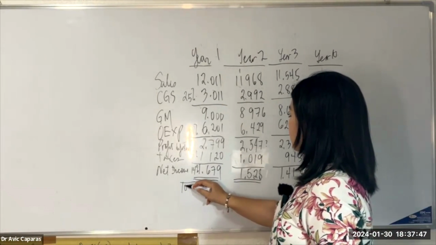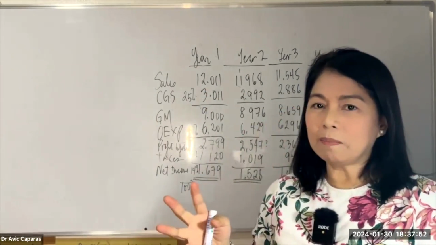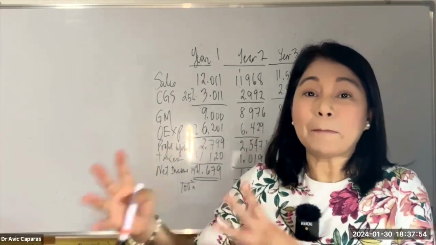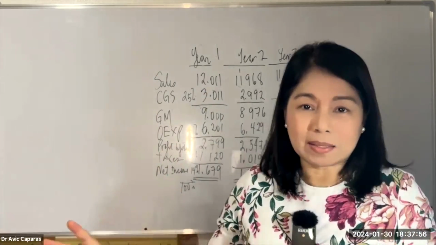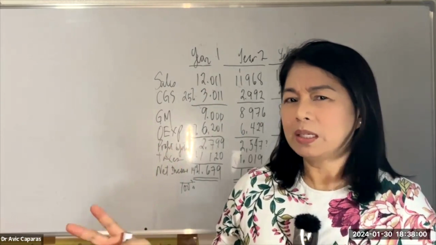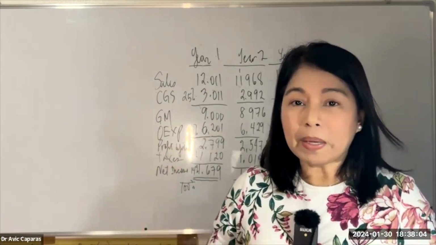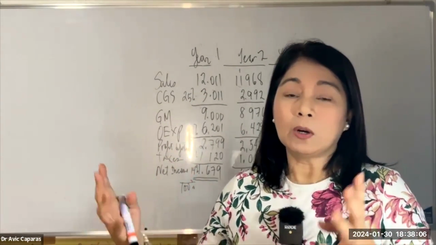Tama, 100%. And what is the 100%? Is the sales. Okay, so you call that the cost structure. For every peso I get in sales, this is the simplest way to explain it. For every 100 pesos, 100 na lang. We can say 1 peso. For every 1 peso or every $1 of sales,